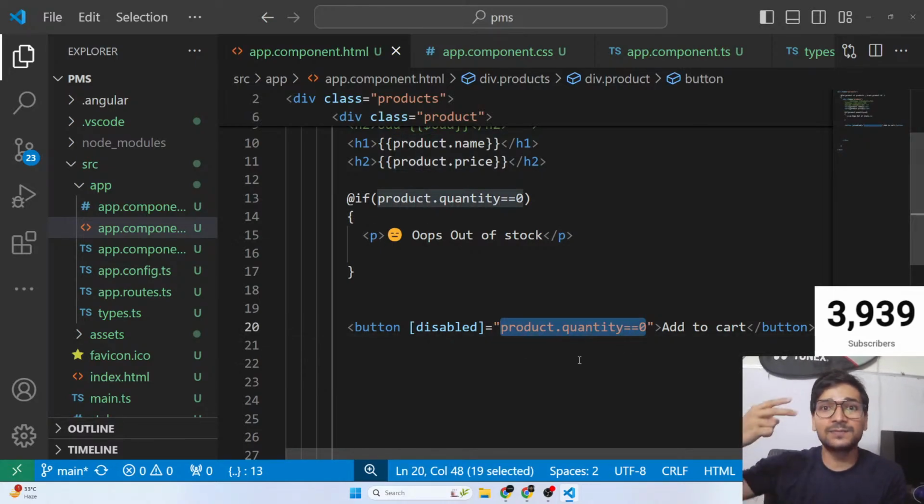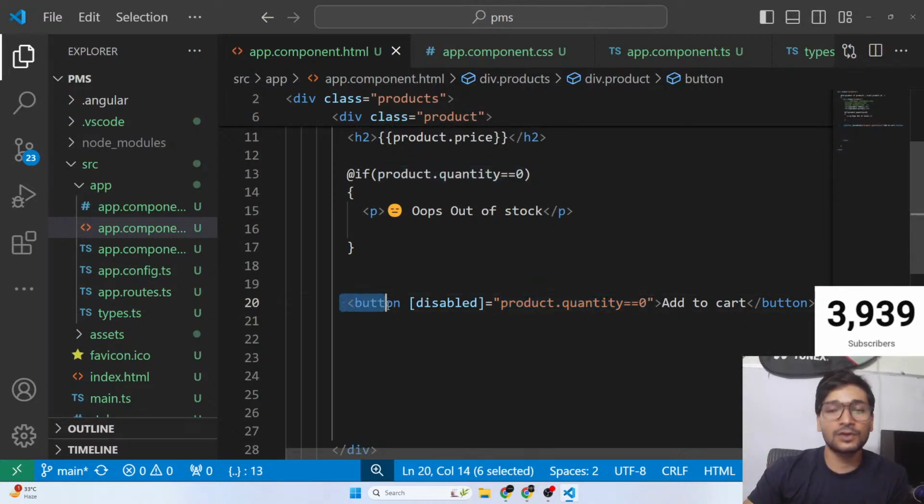Initially, what I did, I displayed two buttons. One activated, one deactivated. The activated button will be displayed when it is in stock. The deactivated button will be displayed when it is out of stock. So we had two buttons. That's why one I put in if, one I put in else, because we only wanted to display one. But that same logic can be achieved with only one button,